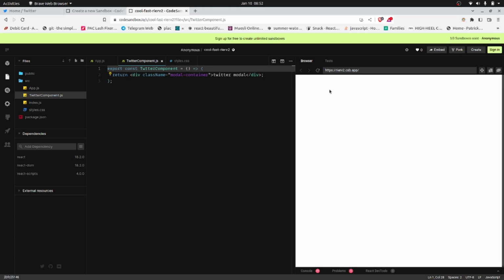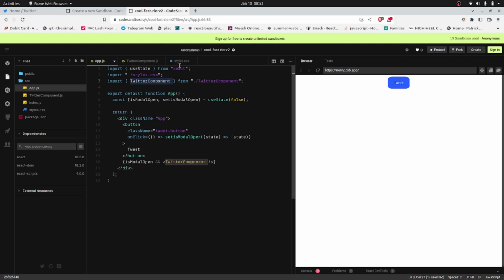Still it's throwing some error, apologies. Come on, I'm just trying randomly, I guess. Perfect, right? Now if we see, we can toggle this UI, right? Yeah. So now what we are going to do is, first of all, let's go to the CSS part and